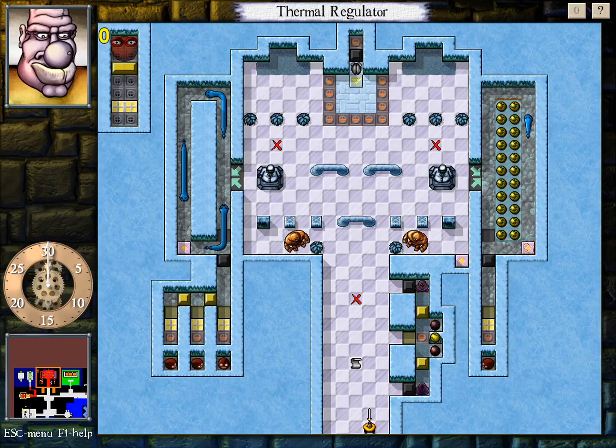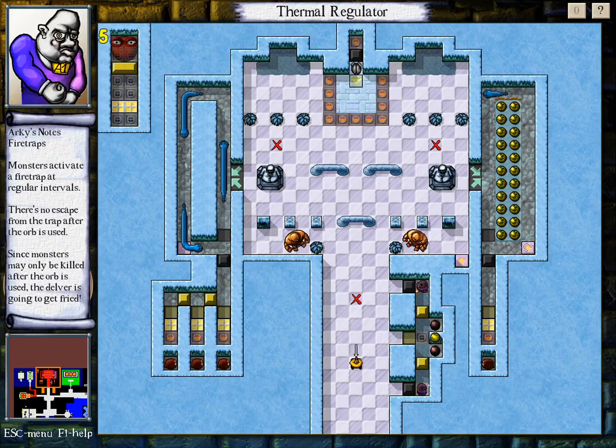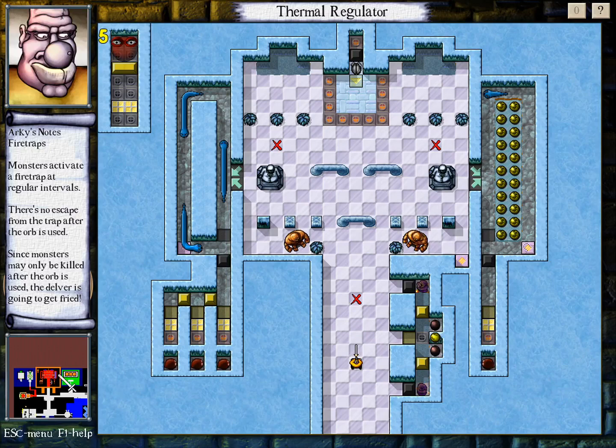Hold on a second, this is an Arky room. Fire traps. Monsters activate a fire trap at regular intervals. There's no escape from the trap after the orb is used. Since monsters may only be killed after the orb is used, the Delver is going to get fried. If this is an Arky room, then there's a